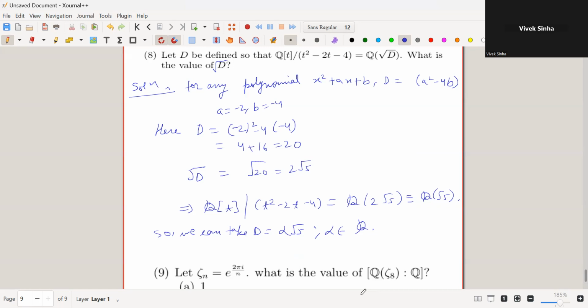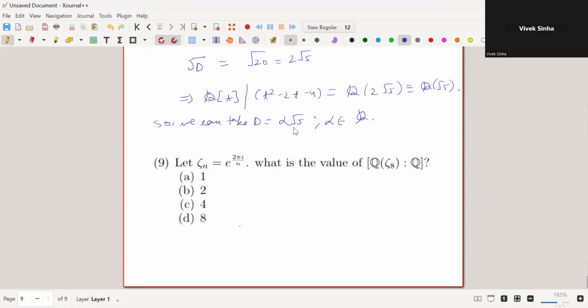The field will be the same. Okay. Clear? So yes, here there was a typo. It should be root d instead of d. Okay. So yes, now it says